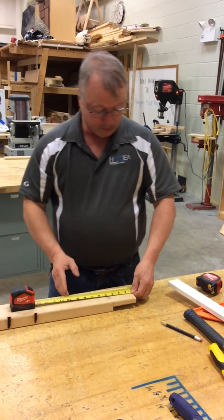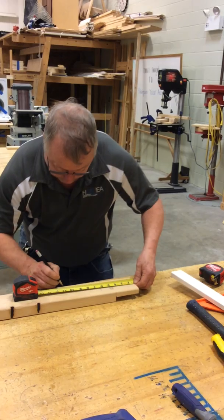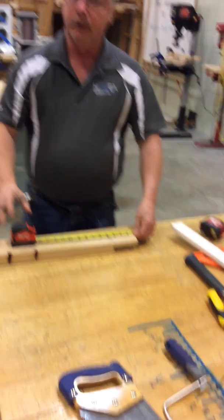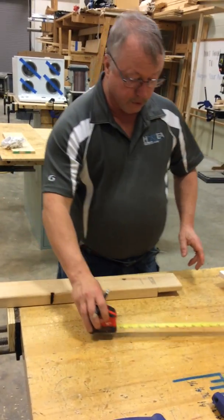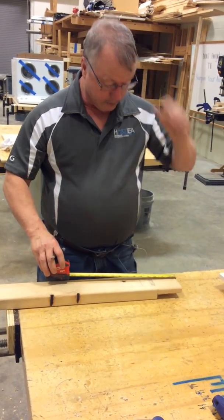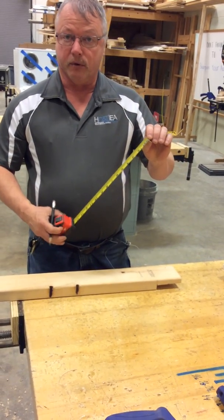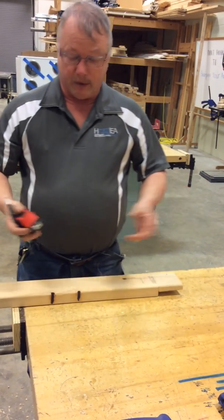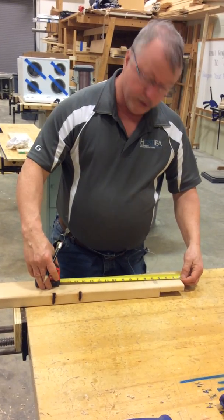Now if I'm burning an inch and I want a 10-inch board, then I'm going to come out here and mark right on 11 inches. And then I always pull back and check it and see if we're very close. But anytime you're making an accurate cut, you can't trust the ends of your tape measures, because you use them, the next student uses them, they get dropped, whatever happens. So if you want to be accurate, you want to burn an inch,